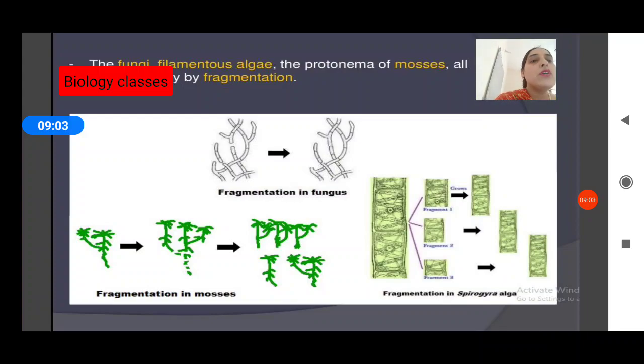What is the meaning of fragmentation? It is the process in which the body of an organism is divided into various fragments, and each fragment is able to give rise to a new spirogyra. Now, the term is protonema. Protonema is defined as a thread-like chain of cells that forms the earliest stage of the life cycle of mosses. Now, what is moss? Moss is a bryophyte. The example that comes under bryophytes is funaria.